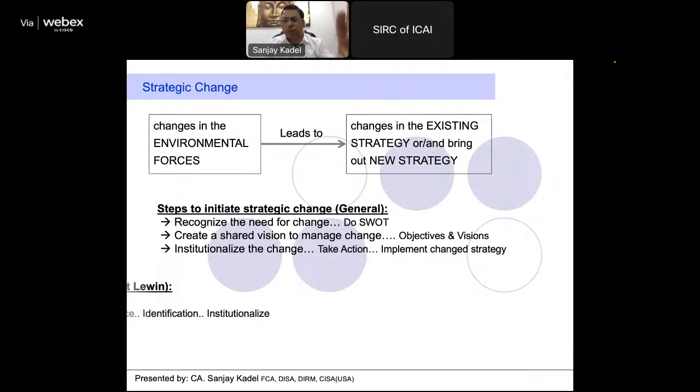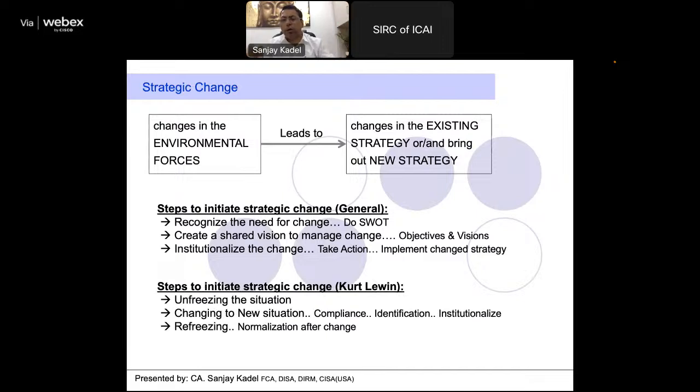There is another approach called Kurt Lewin's method for strategic change. He says, first you unfreeze the situation. That means you demystify what is the situation. Then you change to the new situation. That is, you transform the processes, you change the systems, you change the methods, then you do the compliance with